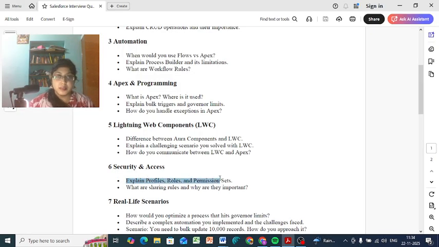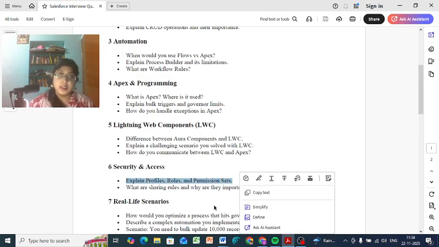Explain profiles, roles and permission sets. When it comes to the real world scenarios, and here's what my mentor tried to quote: invest in clarity and skill. Opportunities follows those who prepare. That is my mentor Deepika Khanna. It's clear that her vertebral, that is understanding automation, not only improves your org's efficiency but boosts your career.